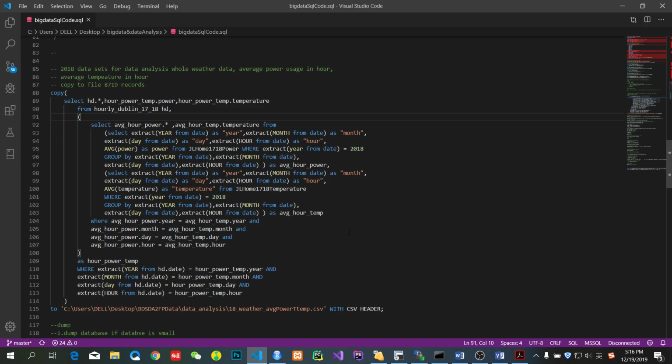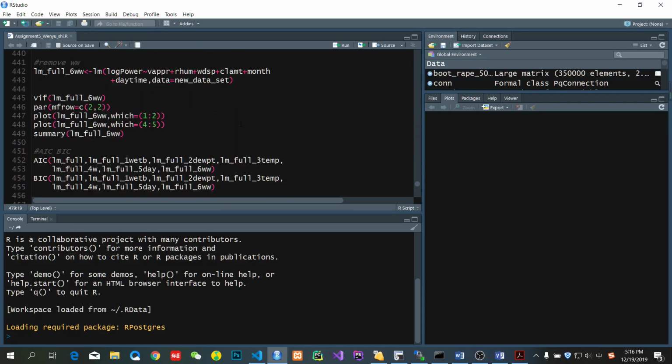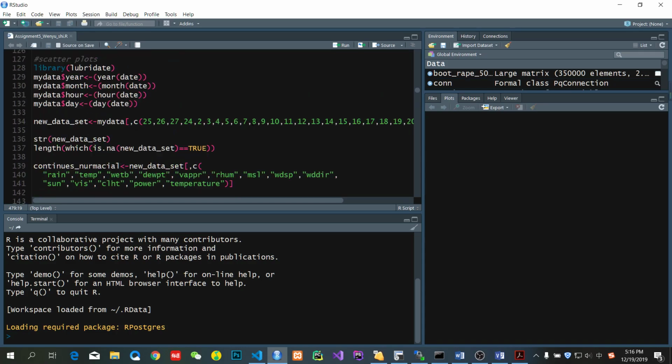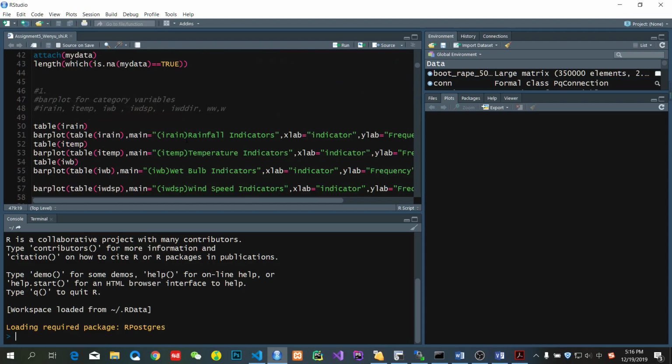It's a quite long query, but it can be reused. And for data analysis,